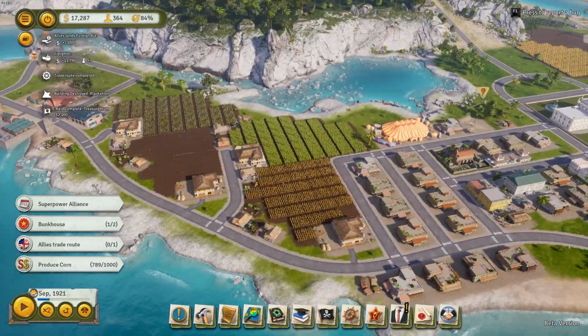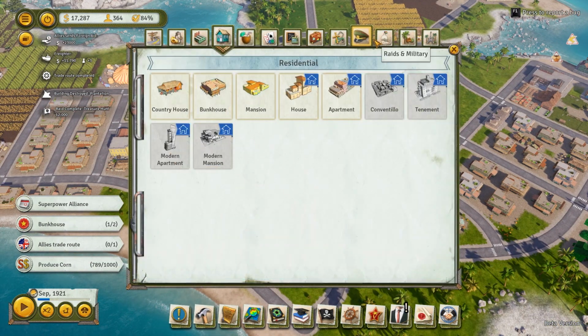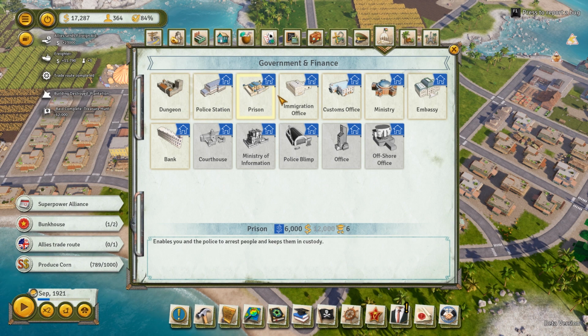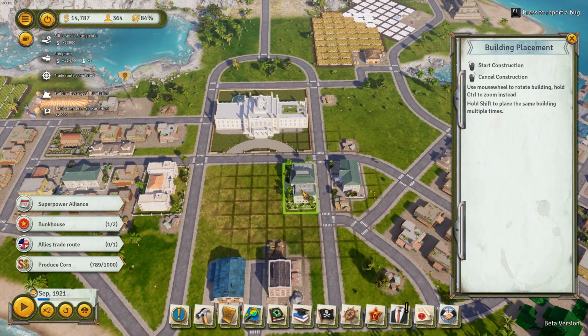We have money in the bank. What can we do with it? Oh, embassy. That's what we want. We want an embassy. Governments and police. Not worried about any of this yet. Embassy, there we go. It's not too bad actually. 7,500. Let's get one of those in. We want to get the